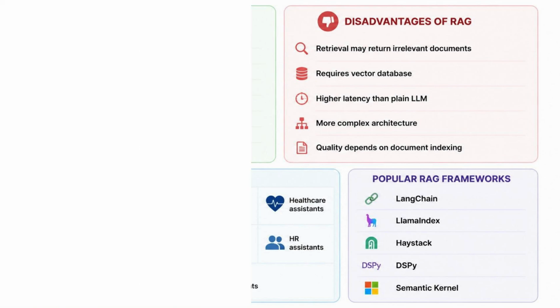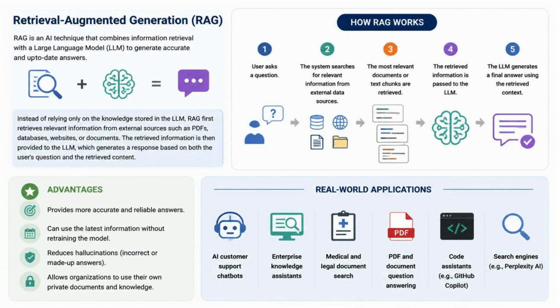without retraining the model. To summarize, retrieval-augmented generation combines information retrieval with language generation to produce accurate, reliable, and context-aware